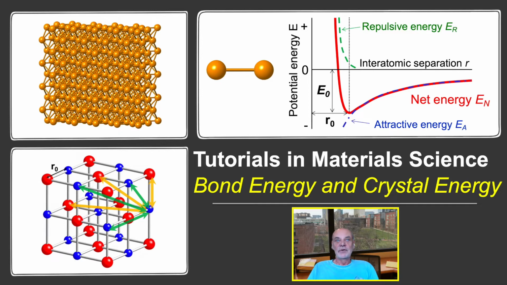In this video, we're going to learn about the energies of bonds and solids and how the strength of one bond can be used to calculate the stability of 1 mole of a crystalline solid. We'll start with individual bonds between two atoms and models for the bond potential. We'll see that these models vary with the type of bonding. We then examine how to use the energy of the individual bond to calculate the cohesive energy of a mole